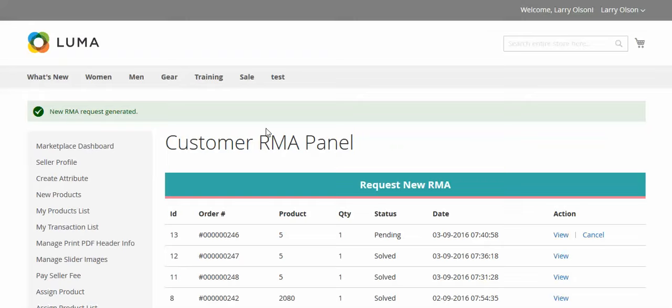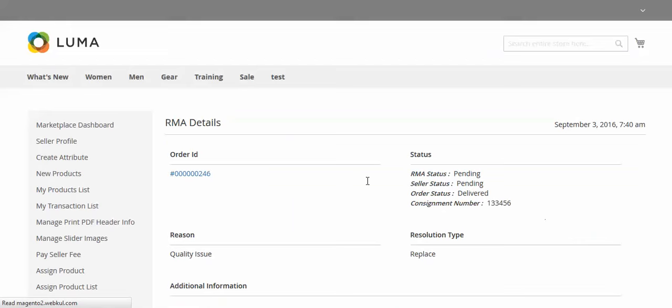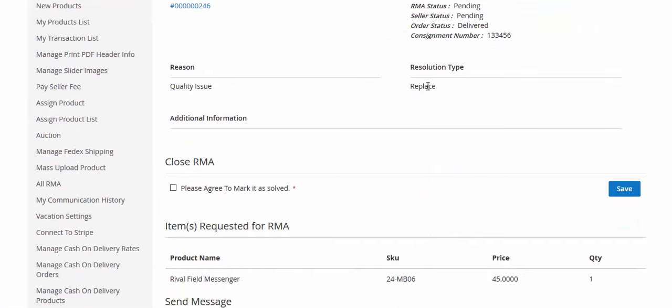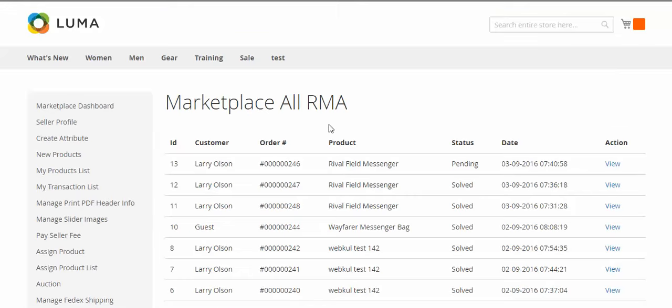And now you can see that the RMA has been generated. So this is the status, and when I click on view button, then you can see the RMA status as pending, seller status as pending, and the resolution type is replaced. Now let's move to the seller panel. Now this is my seller panel, so you will see the status as pending. So I will click on view button,